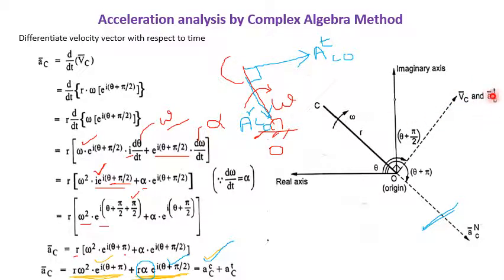The similar case is in the complex algebra also. You can see this tangential acceleration is 90 degrees ahead from the link. Therefore, the similarity exists between the analytical as well as the graphical method. So the next important topic is the loop closure equation. This is a very important topic. Using this concept we are going to solve problems to find unknown values like velocity, acceleration, and position. It is easy to find by using this loop closure equation.